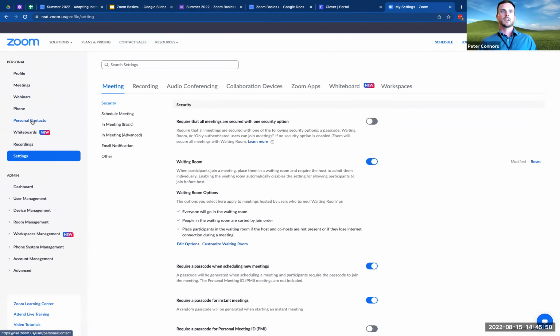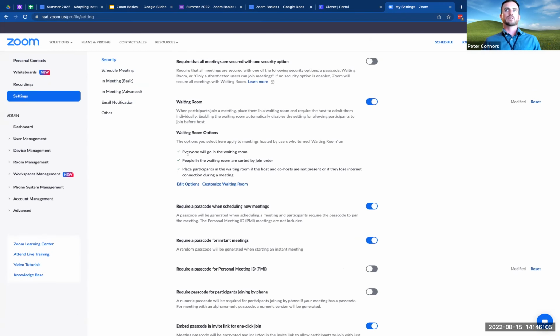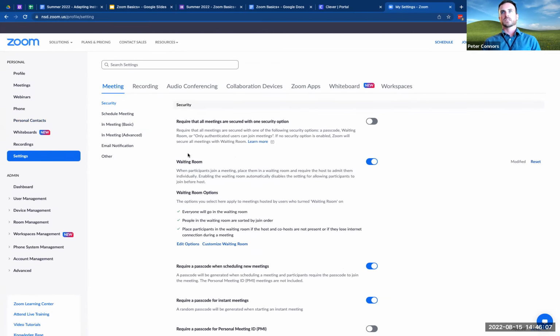So earlier I mentioned that I like Zoom's settings, or the settings that it makes available to us, because it has this kind of endless scroll with bookmarks. And you're going to notice that as we go down this list. I'm going to highlight some that I think are worth your consideration as to whether or not you turn them on. And as we go down this list, it's going to start us off on security.